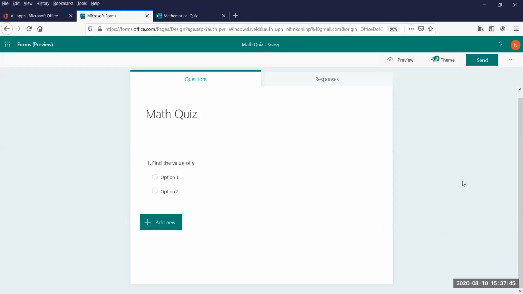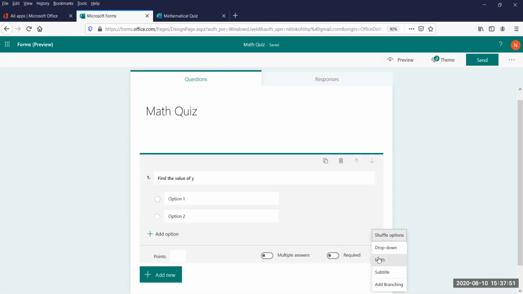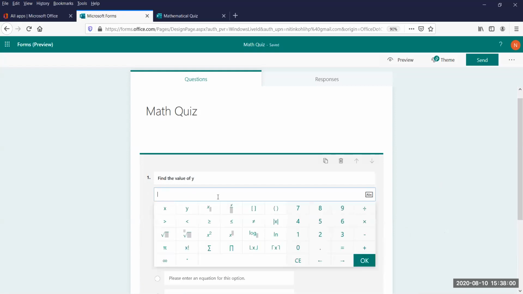Now to get the options of mathematics, I have to select this question. And here we have three dots down, which has a math option. I am selecting math. The moment I select math, I also got a subtitle, and you can see this window came up, which has an enter for equation. Enter an equation here, and I will get a mathematics window where I can write anything. So let's say I write 2y plus 3y equal to what? I have to find out the value of y, so I can write here, let's say, minus 20.